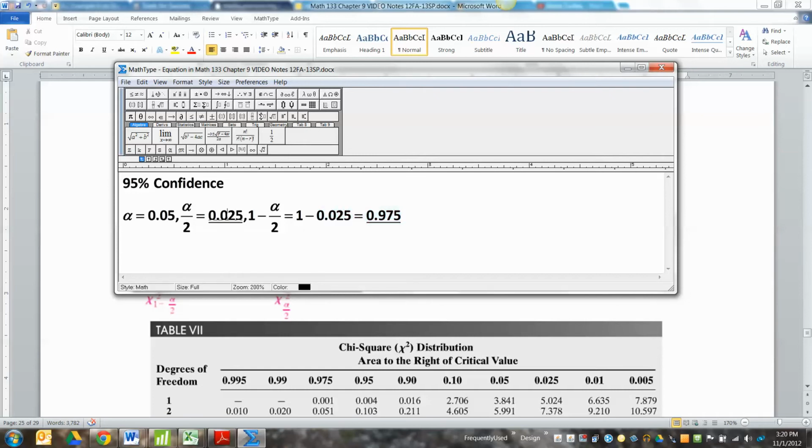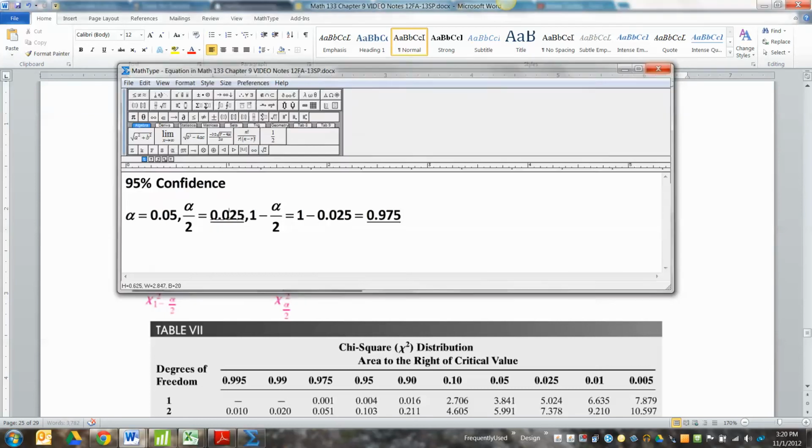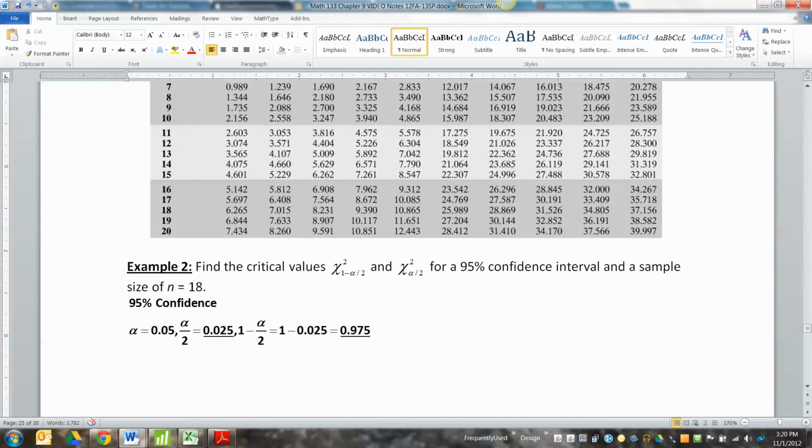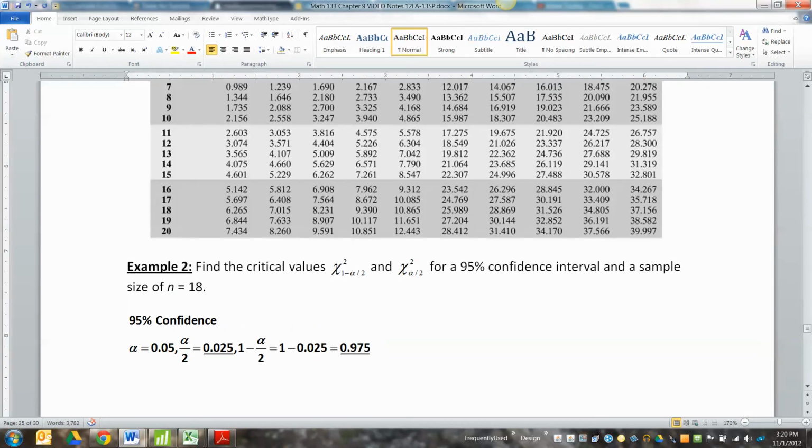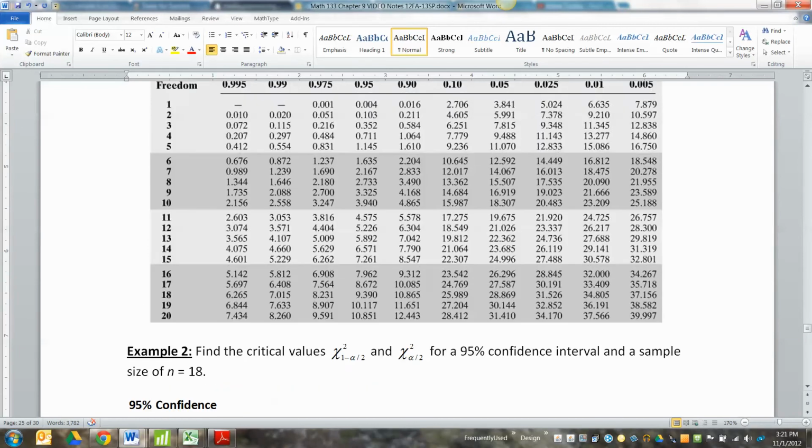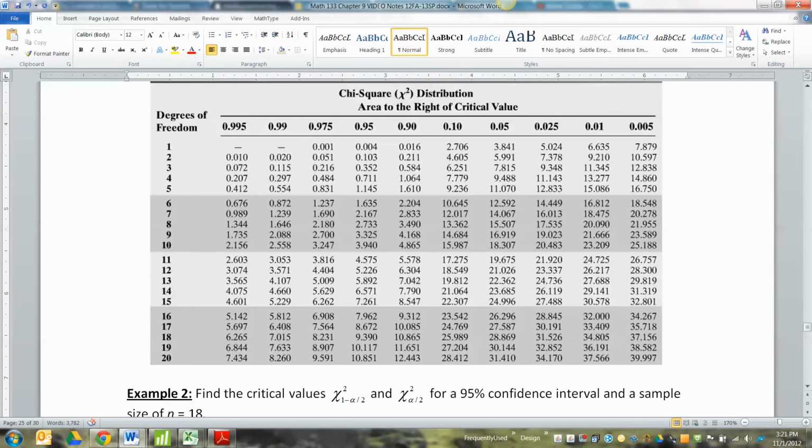They've got to add up to 1. Okay, so we got those 2 things. So we kind of set that up. Now, why am I doing that? Why am I bothering? Well, because that gives us what column we're going to look at. We're going to look at the 0.975 column, this one right here, and we're going to look at the 0.025